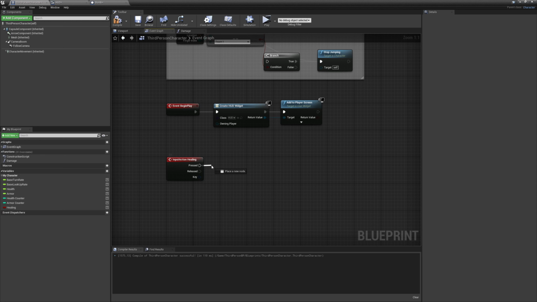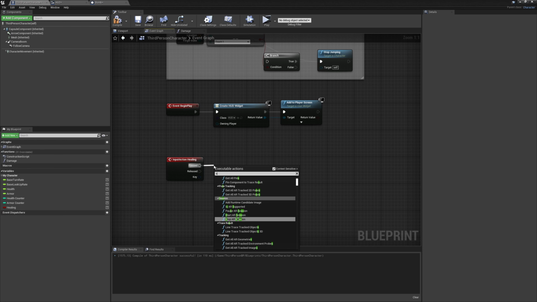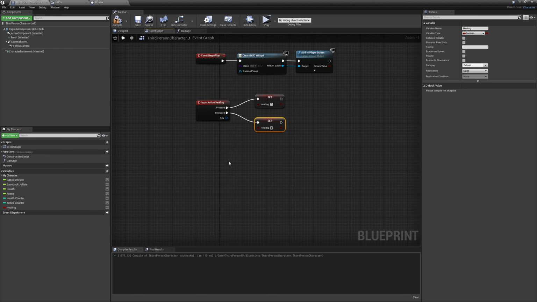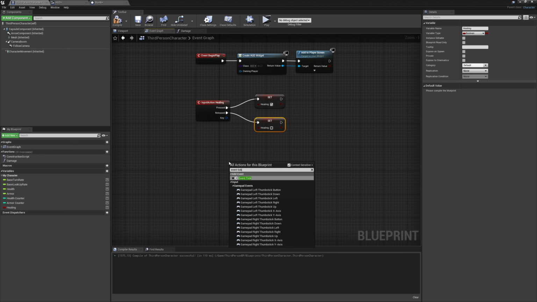So basically we can set it like this. Set healing. Okay, and make this true. And also you want event tick for this,